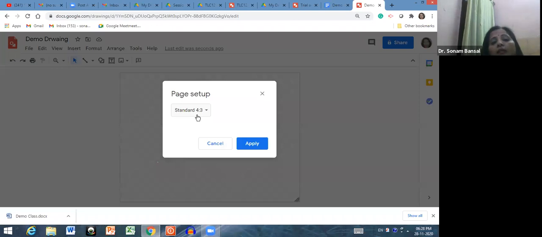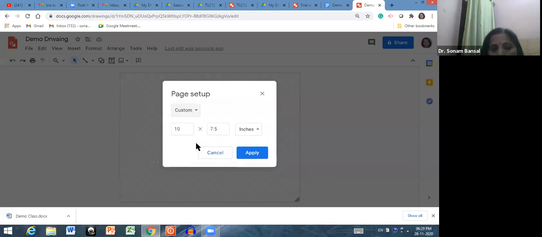See, now this is the standard size in which you can draw something. But if you want to change the page setup, then you can choose widescreen 16 by 10 or custom. If you want to customize your size, then you can do that. Let's suppose I want 13 by 13.